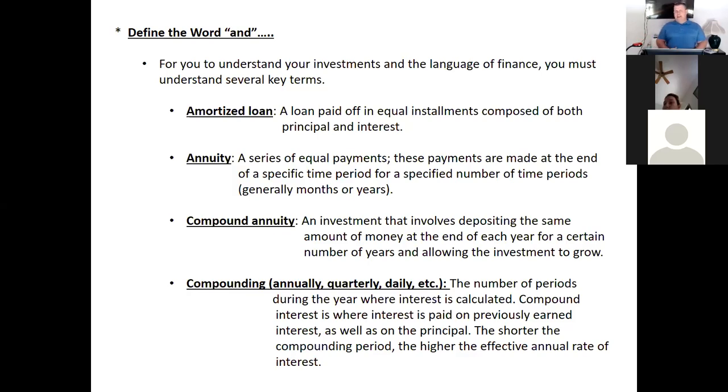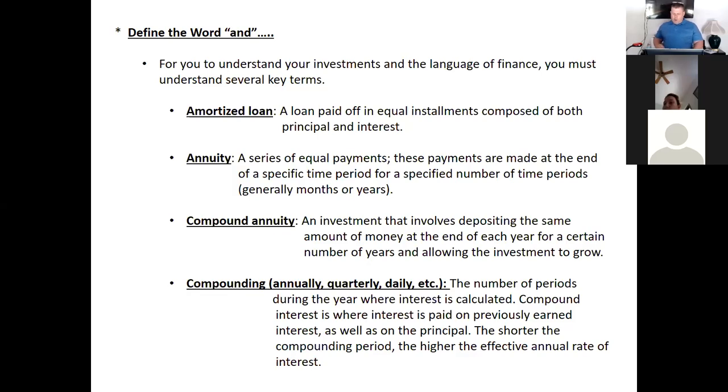So if I put in $10 at 10% a year, well, then after the first year, I have $11. How much do I have the second year? Well, I wouldn't just add $1, because now I have $11 that's earning interest. So I would now have another $1.10. So I would have $12.10 in that account. And then the third year, what would I have? Well, I would add now $1.21 because that's 10% of the previous principal. And that's compounding. Albert Einstein called it the most powerful force in the universe.